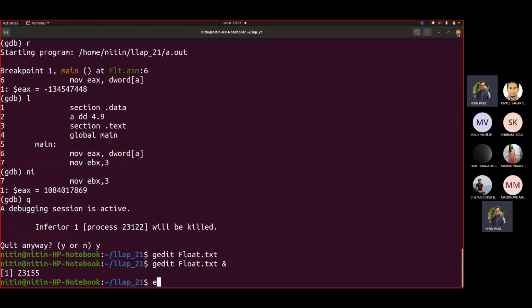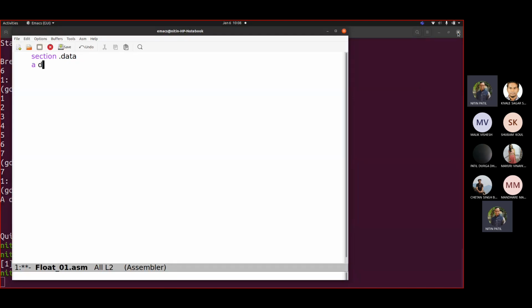For example, in Emacs we'll take the same line, float_01.asm. Now the instructions that you used earlier would not be useful, even while declaring the data. Now this A: when you declare A dd 4.9, this will reserve how many bytes? 4 bytes, and this 4.9 would be fitted there in some form.